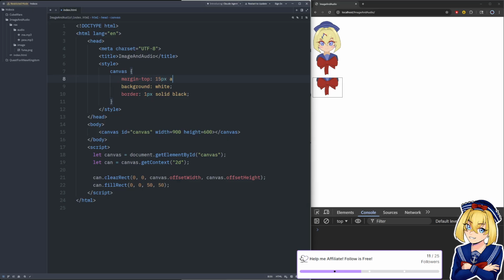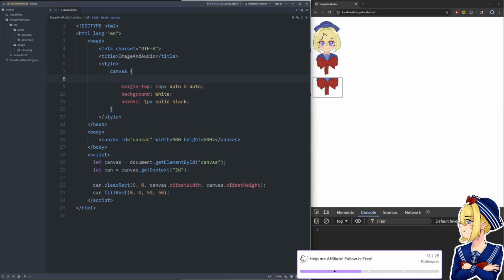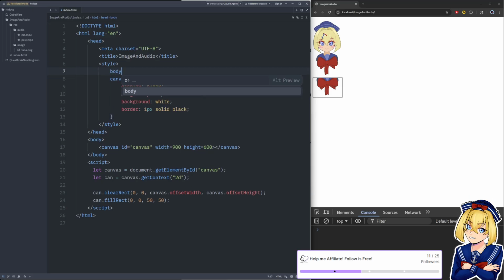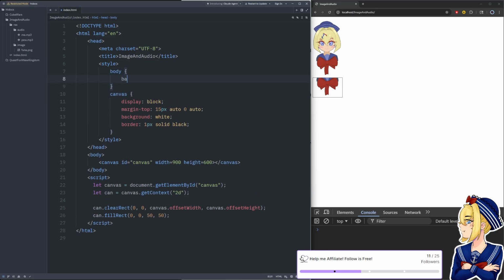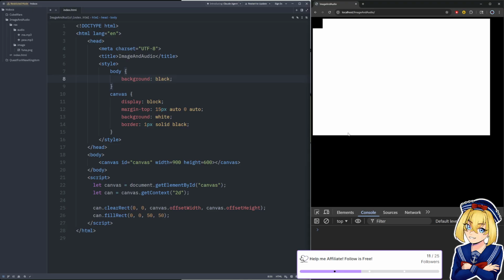So 15 pixels auto 0 auto, and I think we need to say it's a block level element if we're doing this. And body background black. Let's see what that looks like. Okay, that's pretty much what I wanted.